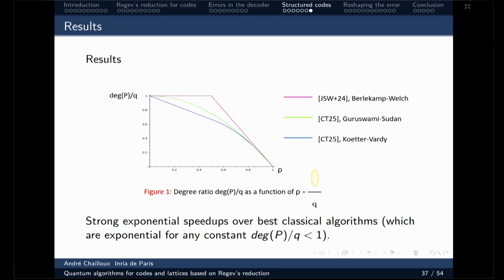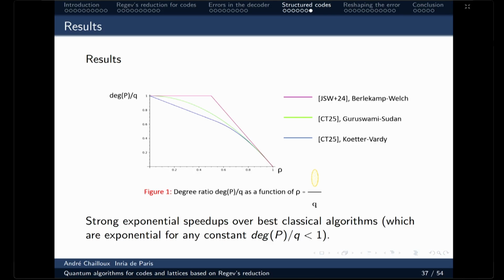Okay, and so this is the kind of result we obtained. For example, we looked at the ratio of this orange region to the whole space, and what is the degree we can get on the left, right? And so we show the difference: what happens if we use this Berlekamp-Welch decoder that only decodes up to d over 2, and when we take better decoders, then we have smaller degrees, right? So in some sense, we have better results. And what's interesting is that classically, for any